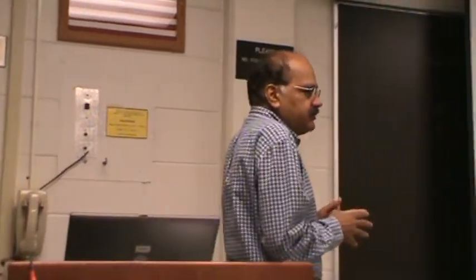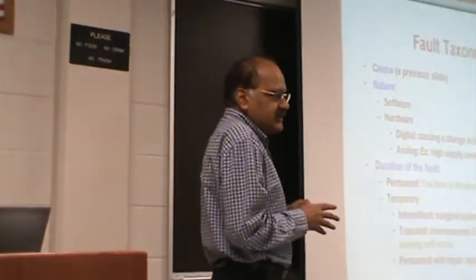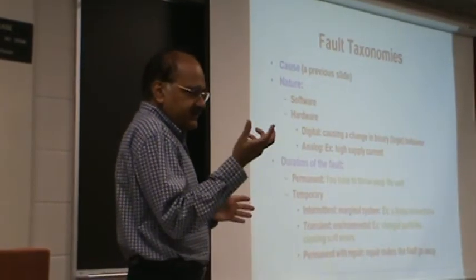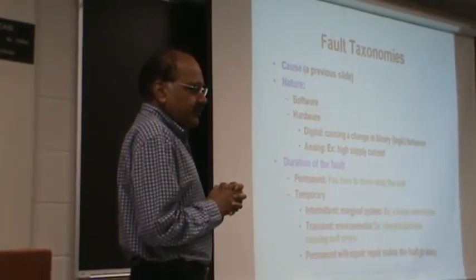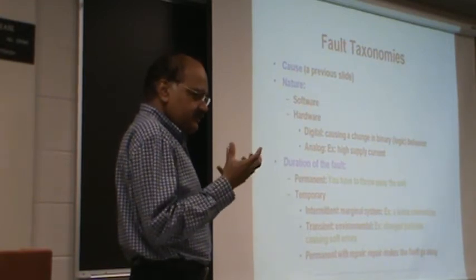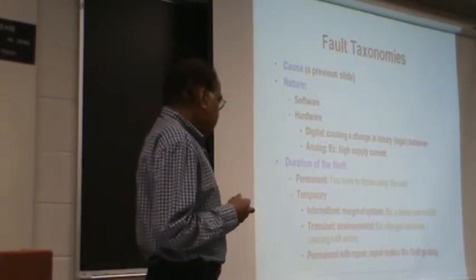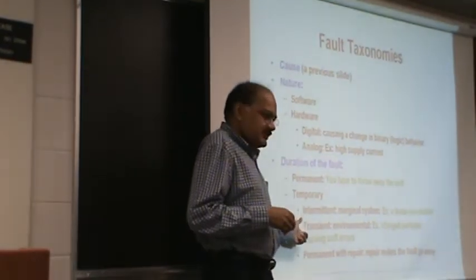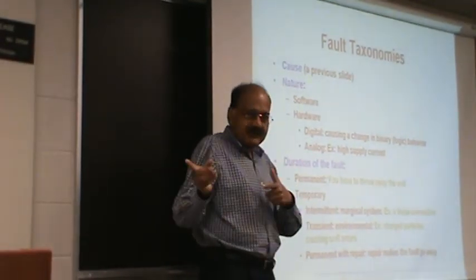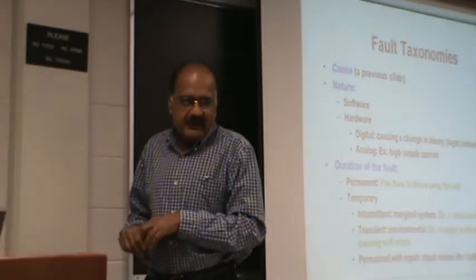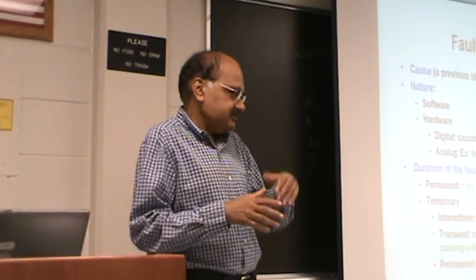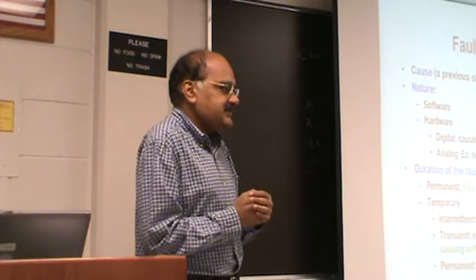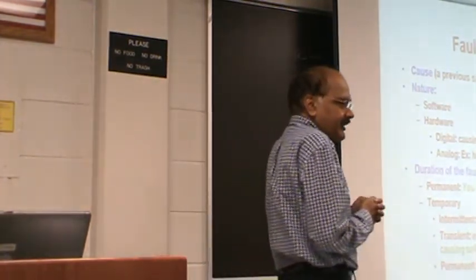There's no immunity against charged particles. People have tried to design more robust memories, but now the dimensions are becoming smaller. So transient failures are quite common. It is possible that sometimes your program may crash for no apparent reason, just a soft particle hits some memory location